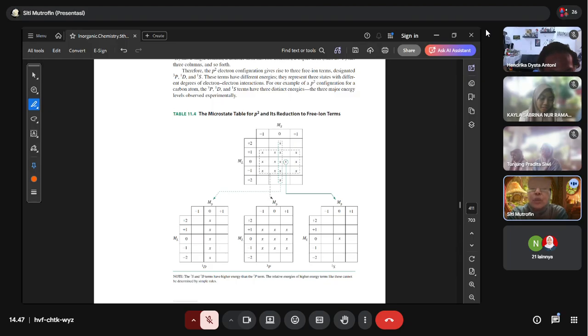Spin multiplicity is represented by capital S, while the capital S is equal to 2S plus 1. So, if we take the values -1, 0, and +1 for the P, there must be 3 different spin multiplicities. First, 2 times -1 plus 1 equals -1. 2 times 0 plus 1 equals 1. 2 times +1 plus 1 equals 3. Among the 3 spin multiplicity values of P, the highest one is 3.